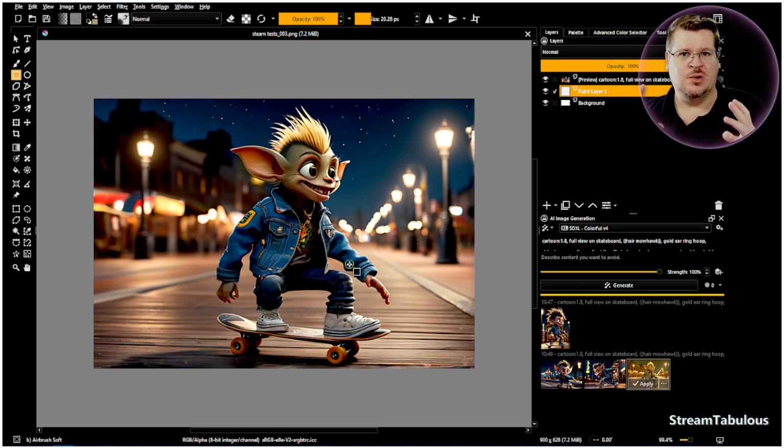So when you do the LORA stacking, the AI is able to go through and actually look at all those LORAs, all those models for its data